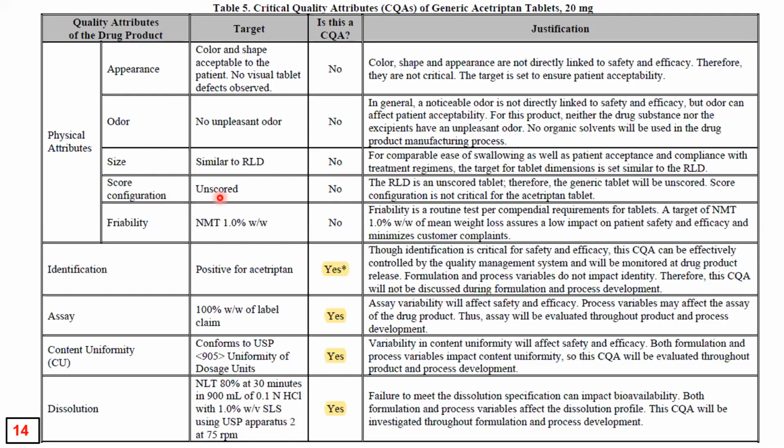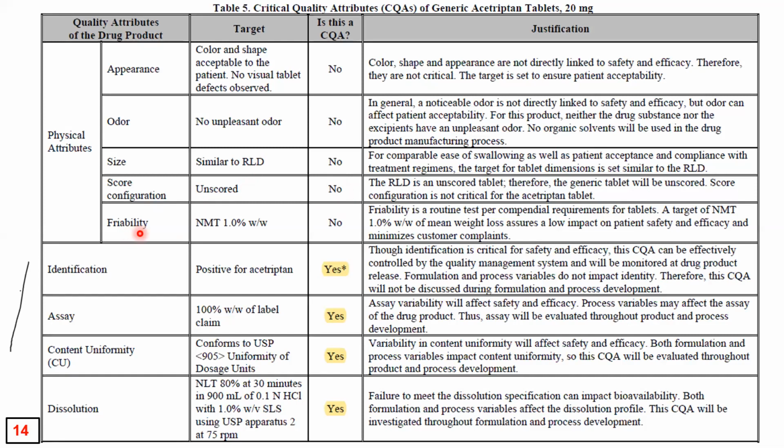Then scoring information. What is the meaning of scoring information? You can see most tablets have a middle line. You can break the tablet and divide it into two halves for reduction of dose. But this tablet being itself a 20 mg tablet, these tablets do not come with that mark. These are basically unscored. So when it is unscored, it is not considered a critical quality attribute, because once there is a score, if the patient is not able to make an exact half, either the dose is more, in which case there are safety issues, or the dose is less, in which case there are efficacy issues. So in this kind of tablet, since it is unscored, there is no problem of CQAs.